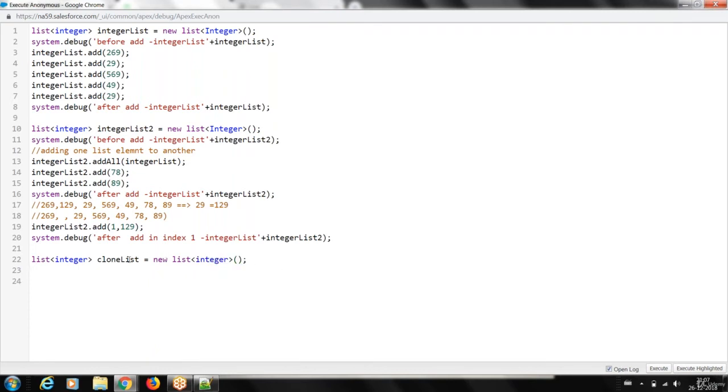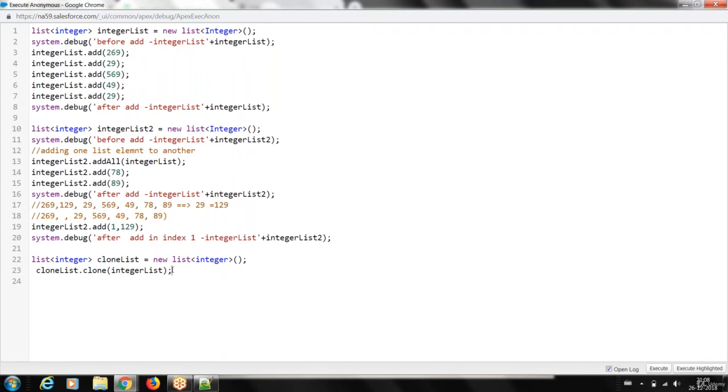Now in this clone, what will happen? We'll just clone the elements. I have a method which we call clone, and we will clone this integer list. When you clone, it will clone all the elements with their memory location to this new collection.